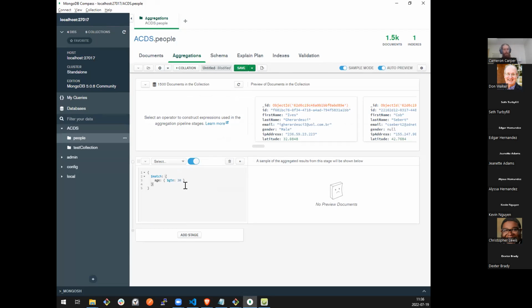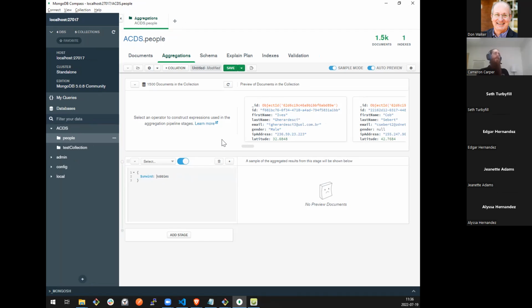If I switch this back to an unwind, it may seem obvious that you should say unwind on this field, but since we need to use the value of this field, again, only for aggregation pipelines and only when we're referencing the values of specific properties, we need to enclose that in quotes and prefix it with a $ sign inside of the quotes. So what this is saying is go find a field named hobbies, take the value out of that field, and now apply the unwind operator to it.